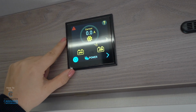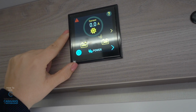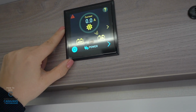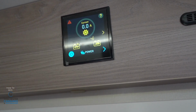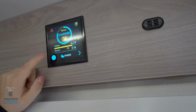And then the next page shows you how much the solar panel on this van is charging your battery. As we have mains plugged in, it is not currently being used, but when it is being used, the ampage will show at the top here. If you go back to the home page again,